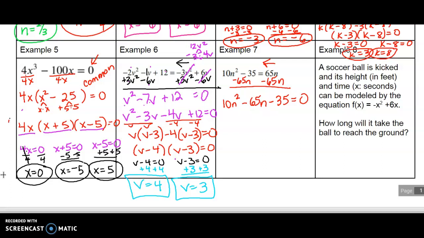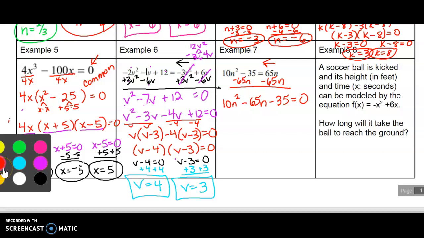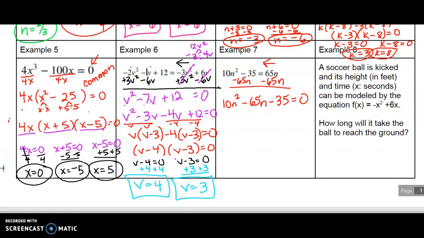And these are really big numbers, so I want to see if they will all divide by something and make them smaller. Well, they don't divide by 10, but we can divide all terms by 5, and that will help. Big numbers just make it a little harder. So we get 2n squared minus 13